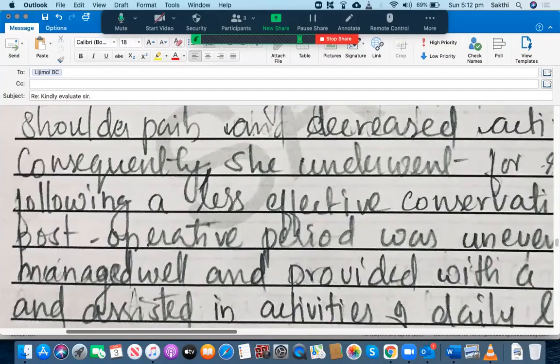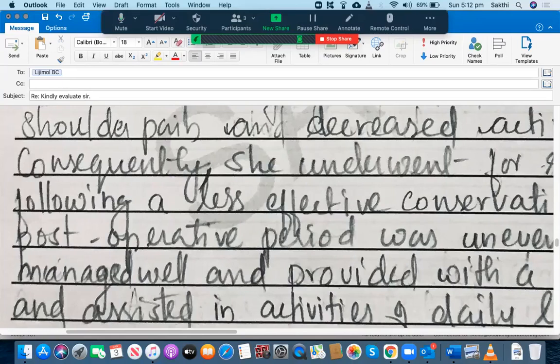Okay, all right. Then you could have mentioned, maybe in the beginning, that less effective conservative management was performed, which didn't help her, and after which she has undergone the surgery. You can write down whatever information they have got. So you should have mentioned the conservative management in the beginning, and then you can write down the surgery later on, instead of writing the other way around.